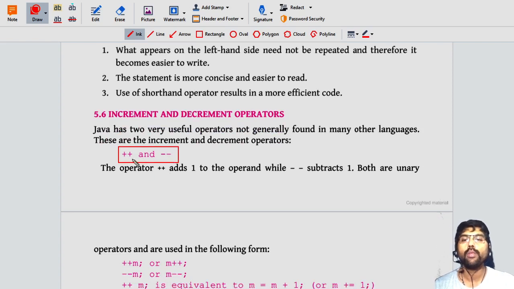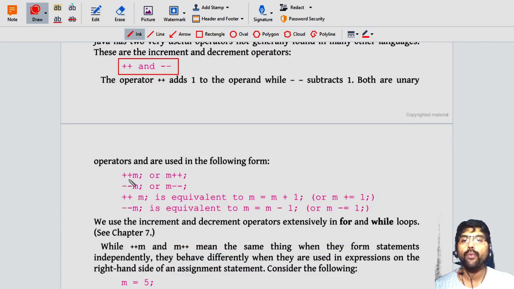There are two forms of these operators. If you add plus plus in front of the variable, it is called pre-increment. If you add minus minus in front of the variable, it is called pre-decrement.